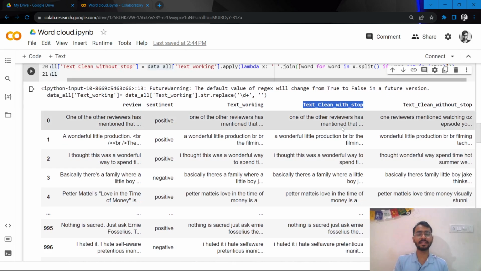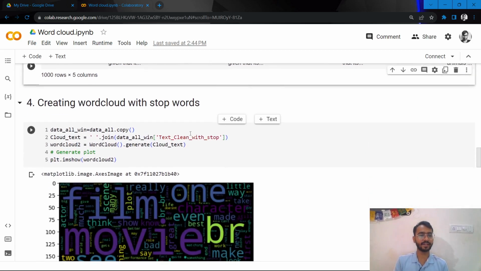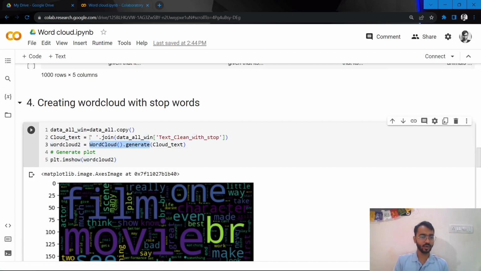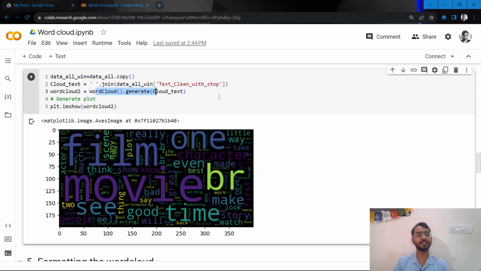So what I'll do next is create the word cloud, and that can be done simply by using this wordcloud.generate function. What I've done here is I have used my column, and then I have concatenated all the 1,000 rows together and stored it as a variable called cloud_text. And I will pass that cloud_text to my wordcloud.generate function. And this is, as you can see, the word cloud that has been generated,